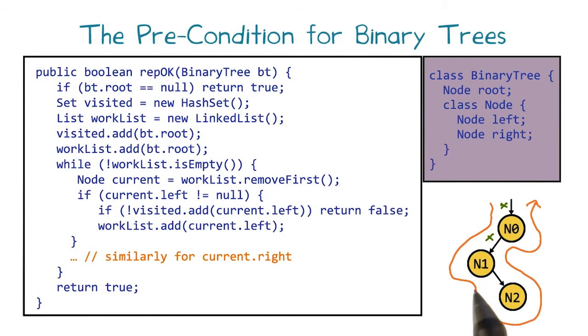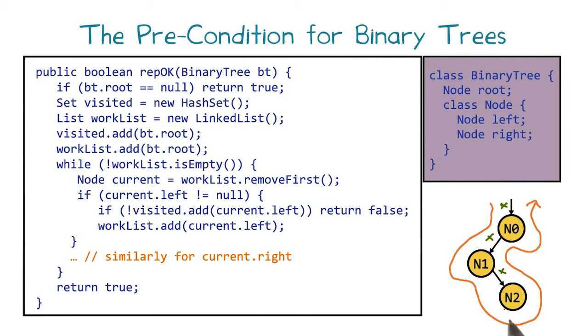We then visit the left child of node n1, which is null. Notice that we went depth first, as far as possible to the left. When we cannot go left any further, we go right. So we next visit the right child of node n1, which leads us to node n2.